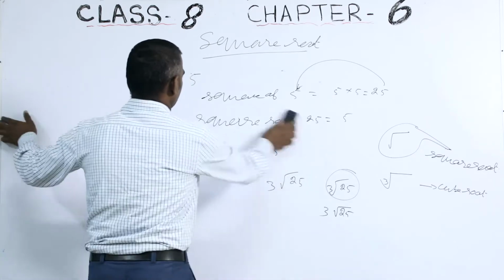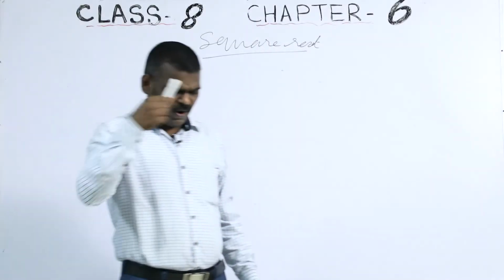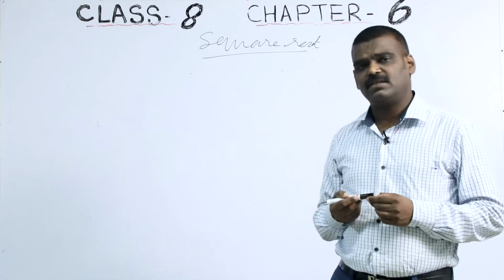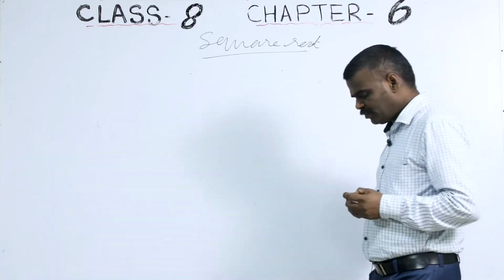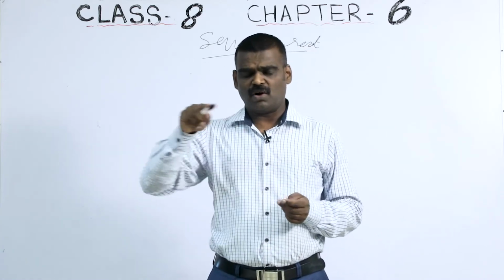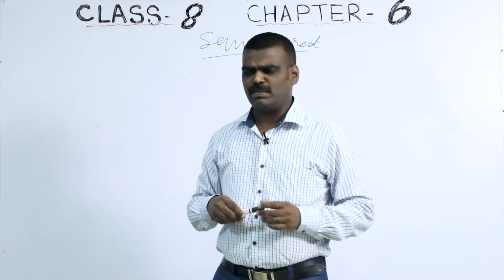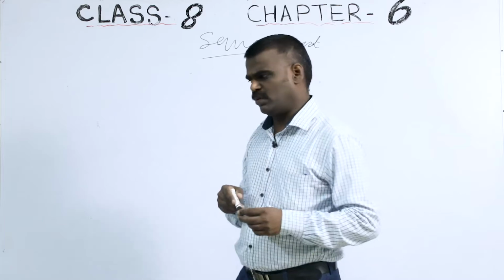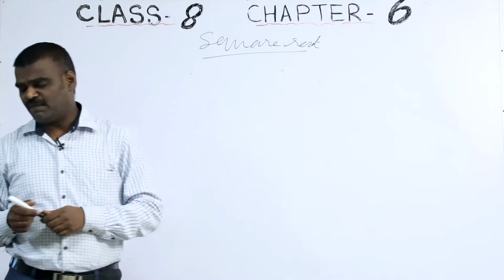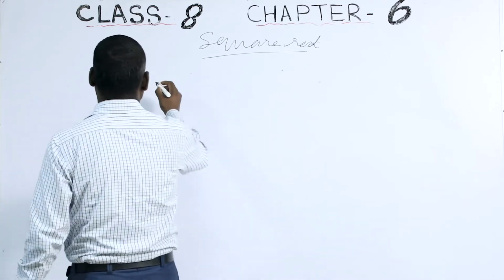Now, we are going to learn more about square root today. To find the square, yesterday we used different methods, right? Addition of all the odd numbers, one by one, continuously adding all the odd numbers, you will get a number. That is one method you learned. Then multiplying, also you got one method. Now for square root also we are going to learn different methods. One is finding the square root through repeated subtraction.